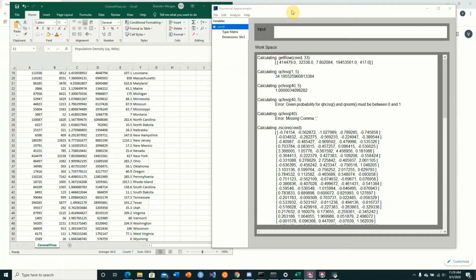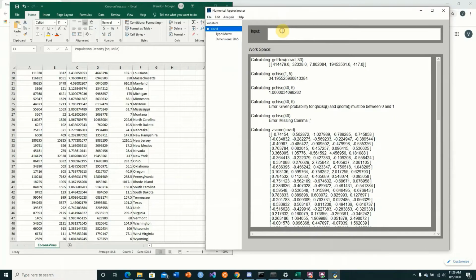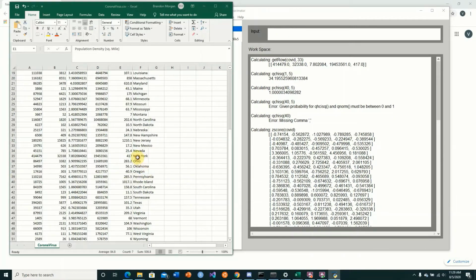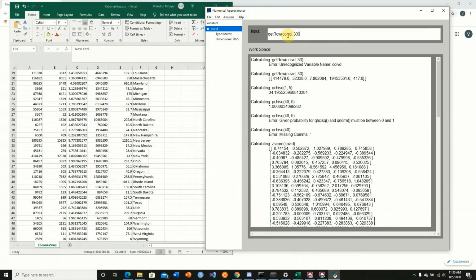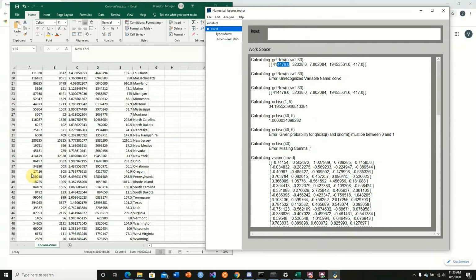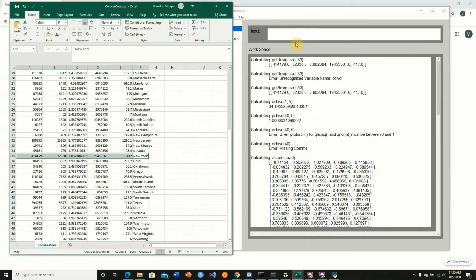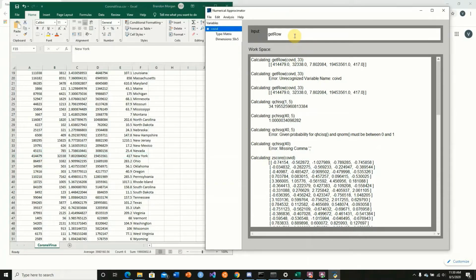There's one last thing I wanted to point out. We stated earlier that New York is a major outlier. I just wanted to see the actual z-scores, so we can get the row of line 33. So this is the actual data row, as we can see here. And so if we get the row of the z-score of our data set,